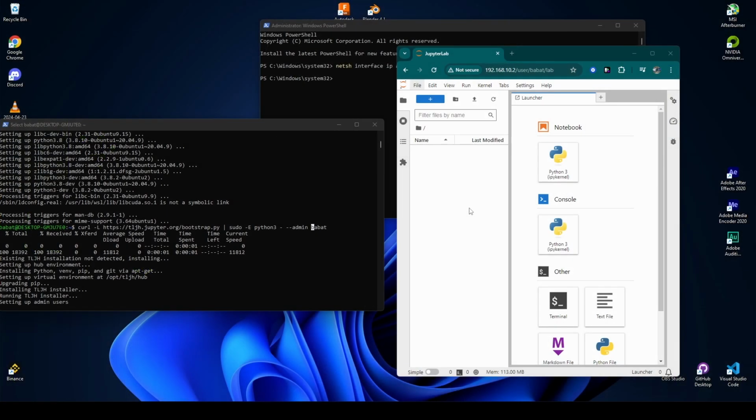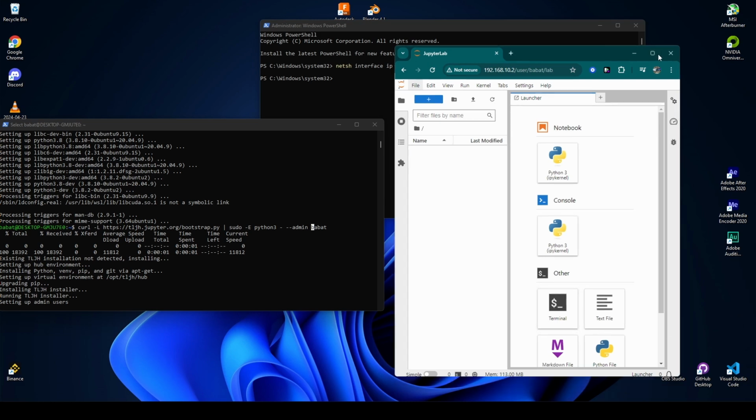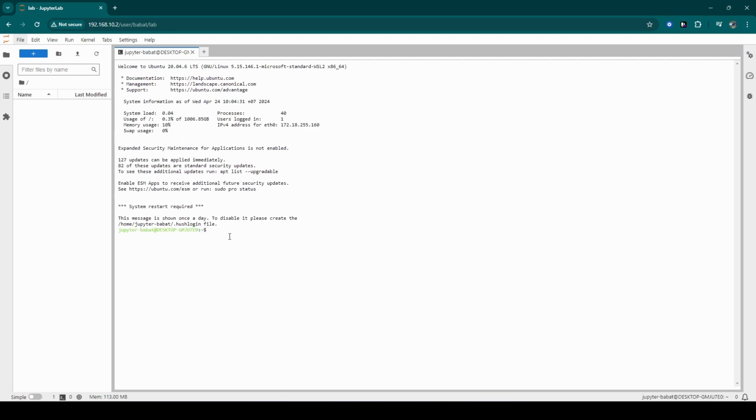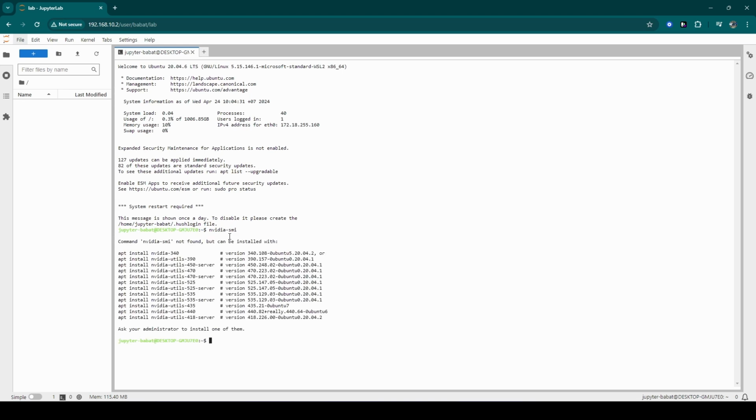After we successfully install JupyterHub, we need to check that it connects to the GPU on the Windows host. Open the terminal and then just type nvidia-smi, and then hit enter. Because nvidia-smi is not installed, we must install the driver first.